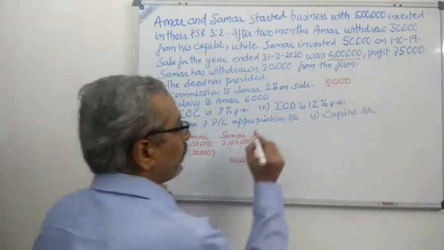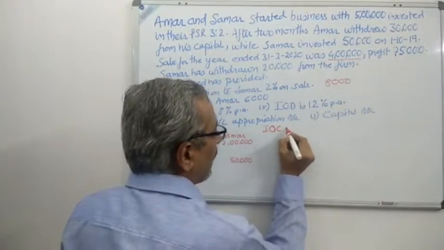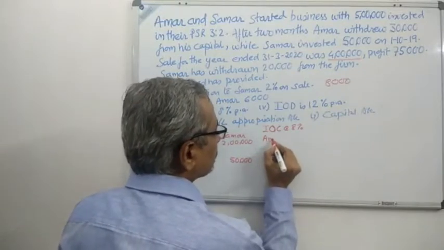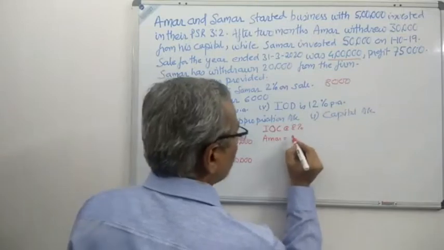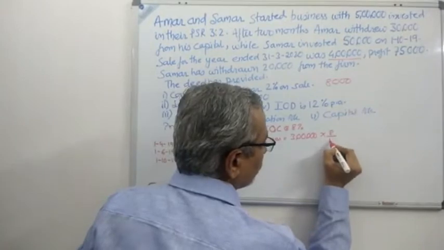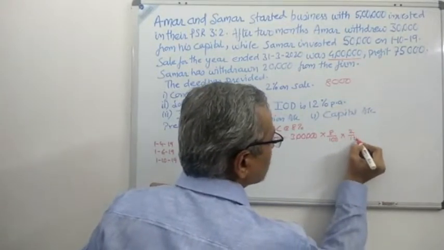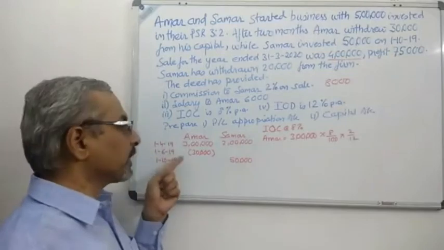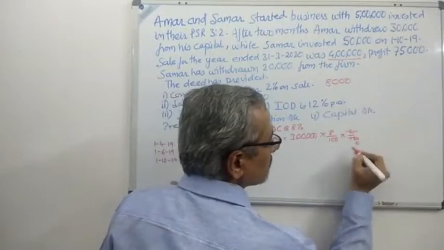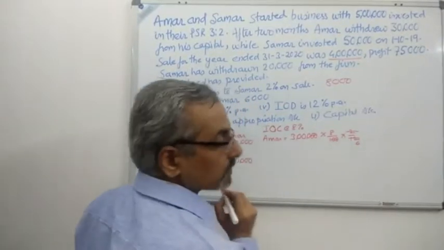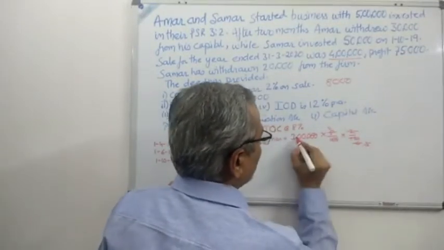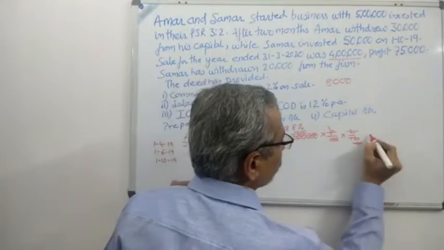Let us see that. So we are calculating interest on capital at the rate of 8%, which has been given to us. So first for Amar, what is the capital? 3 lakh. Percentage 8%. Time 2 months, because after 2 months it has become 2,70,000. Now let us cancel the zeros. Let us cancel this and this. We are getting 4 over here, we are getting a 3 over here. Let us cancel this, we get 1,000 over here, so it becomes 4,000